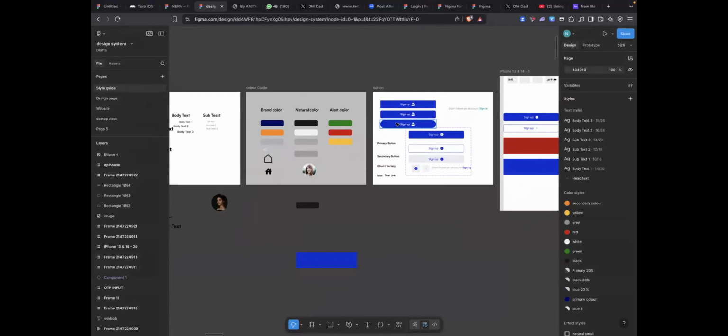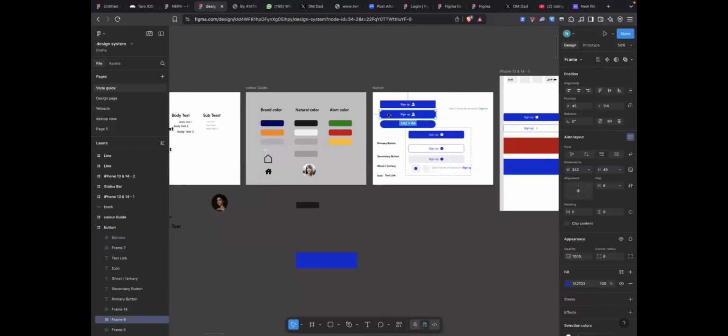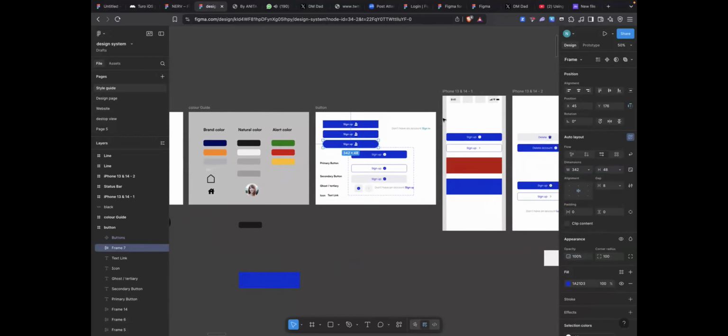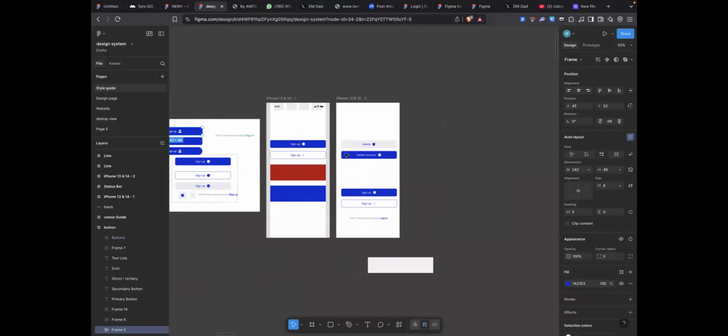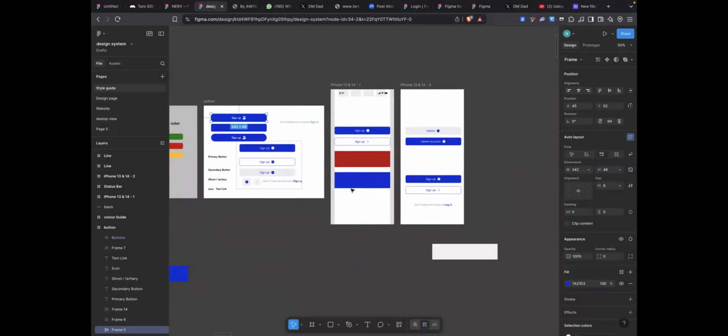Like I was saying earlier, the buttons and everything you use on a design matter, because there are some designs you cannot use this one I'm clicking on. You cannot use it because it will make it look serious, especially when you are designing a kids app. Even the button you use matters. Like the 100 second is better than something like this for a kids design. So these are different components I use for different designs.